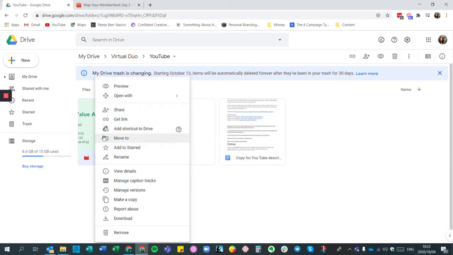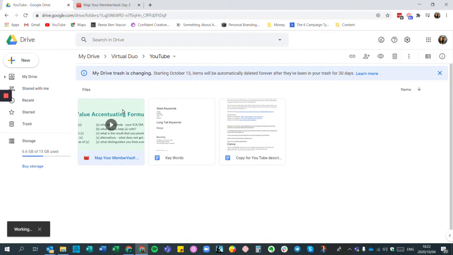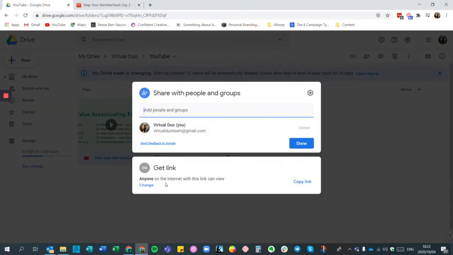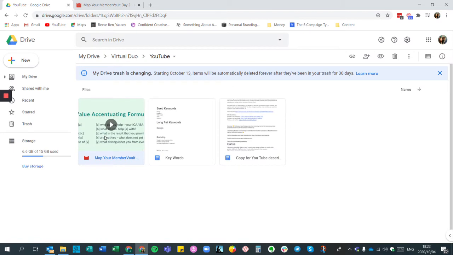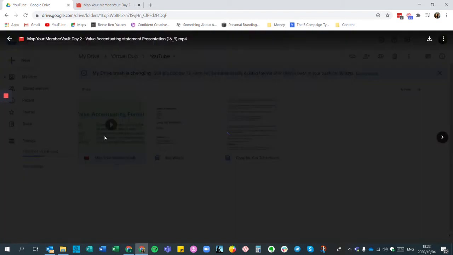But it is doable. So what you would do is navigate to the video file in your Google Drive and right click and make sure that when you share, it's anyone on the internet with this link can view it, because otherwise it won't work. So you need to change your sharing of this video, then click on it and open it up,